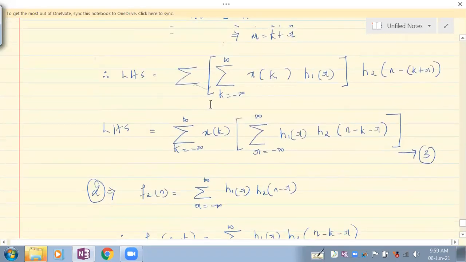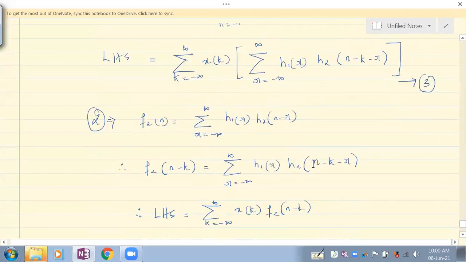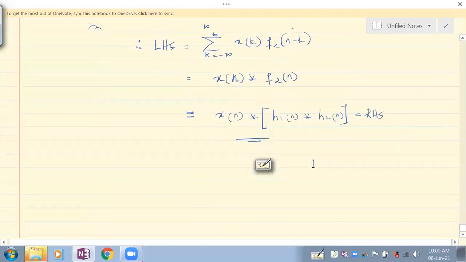Why did I keep this summation without any variables? Here itself I will not understand which variable will run from minus infinity to plus infinity. So keep this as it is. Take this k running from minus infinity to plus infinity and x of k out, then take all these in the bracket. Then you will understand it is actually r that has to run from minus infinity to plus infinity. So we have to make such decisions after we write some equations. You can just go through that.